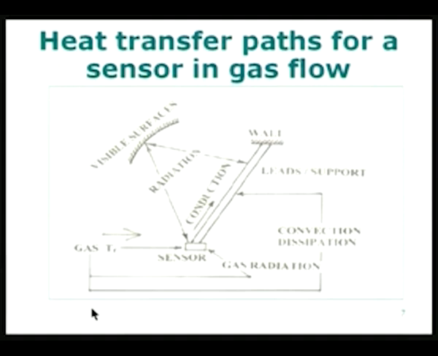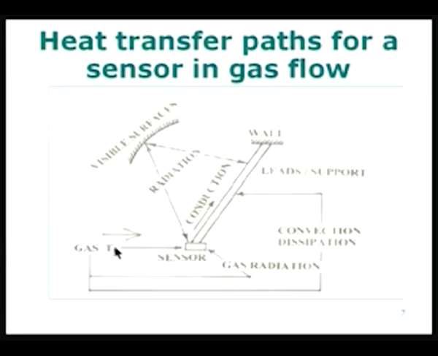So, we will now try to summarize the observations we have made in the previous cases by considering all the different paths for heat transfer in an arrangement where we want to measure the temperature of a flowing gas stream. The sensor is the central thing, and it is connected to the walls by a lead or some support arrangement. The probe consists of, in fact, the leads or whatever support arrangement we have, plus the sensor at the tip of that probe. The gas which is going to flow in the tube or in the application is going to flow past the sensor,